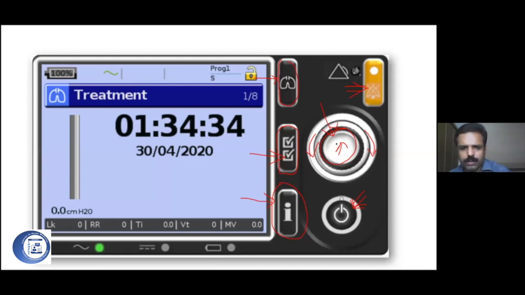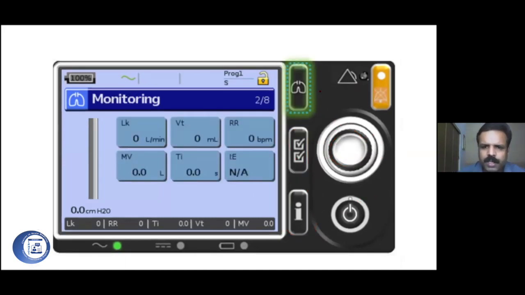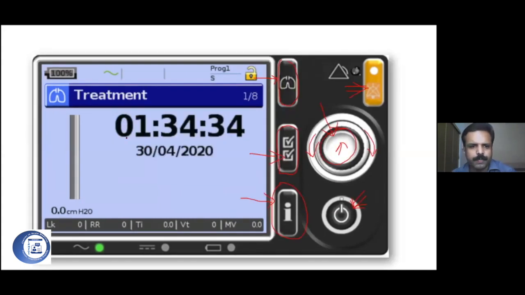Okay. So now moving to the second one. If you push the initial button, that is the monitoring button. This is the second page. The first page you have already seen. In the first page, you will be seeing only inspiration and expiration. You can have a green bar here, which you all might have seen. That is the first page. Here it will be the IPAP, and here it is the EPAP. It will be moving from this point to this point.